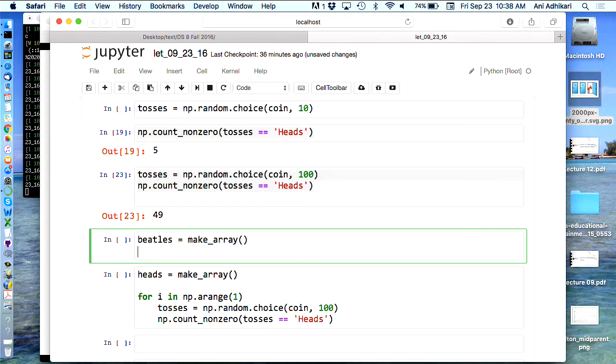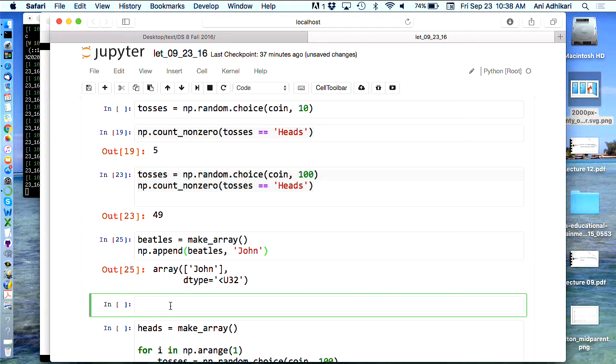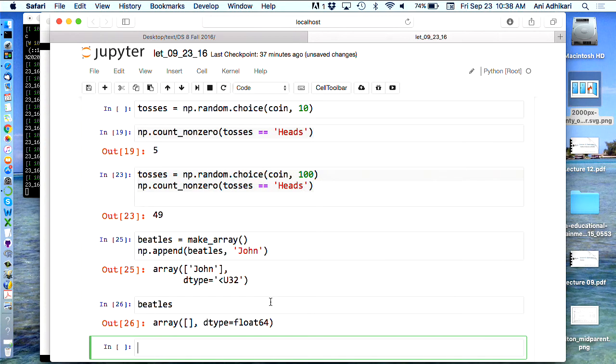How can I add the name John to this array? np.append. Okay, so that gave me an array that has John in it. And if I look at Beatles, I still have an empty array. Do you remember how to make the name Beatles contain the new array? Assign it to the same thing. So we will do instead